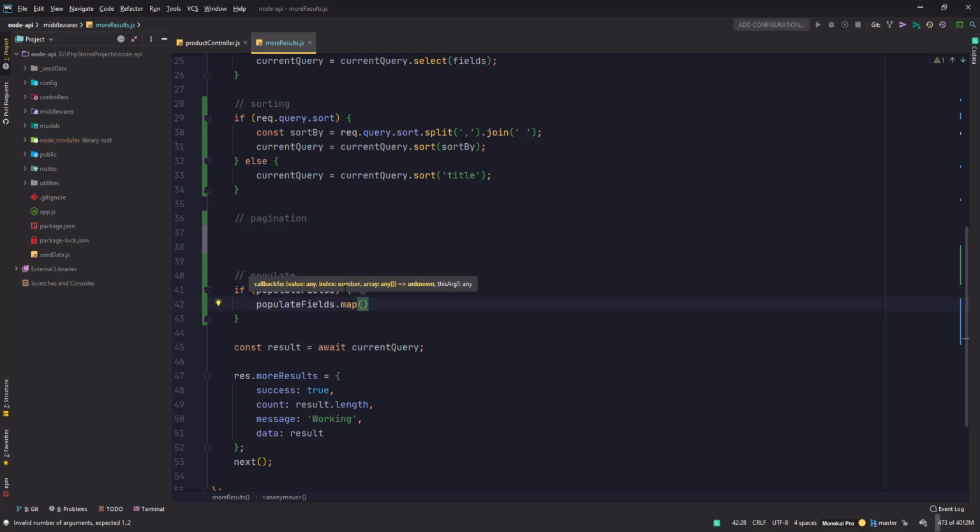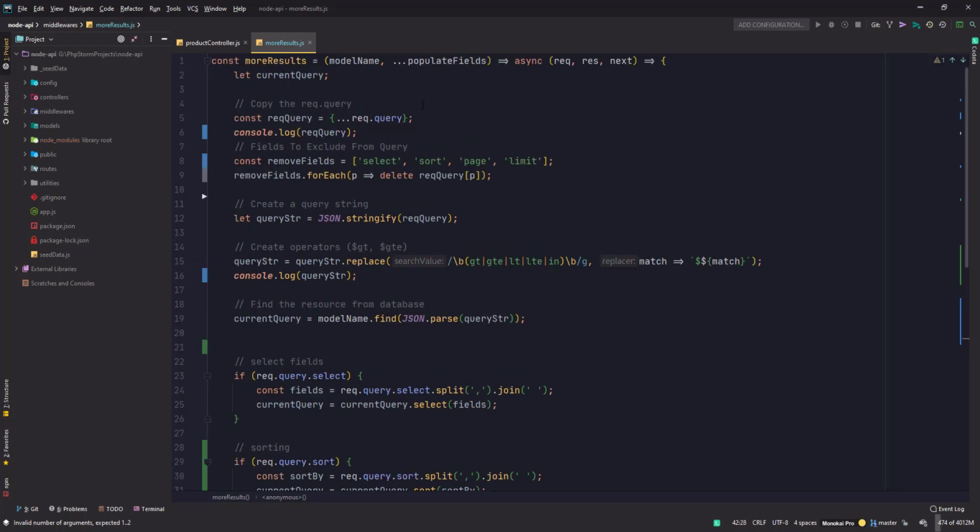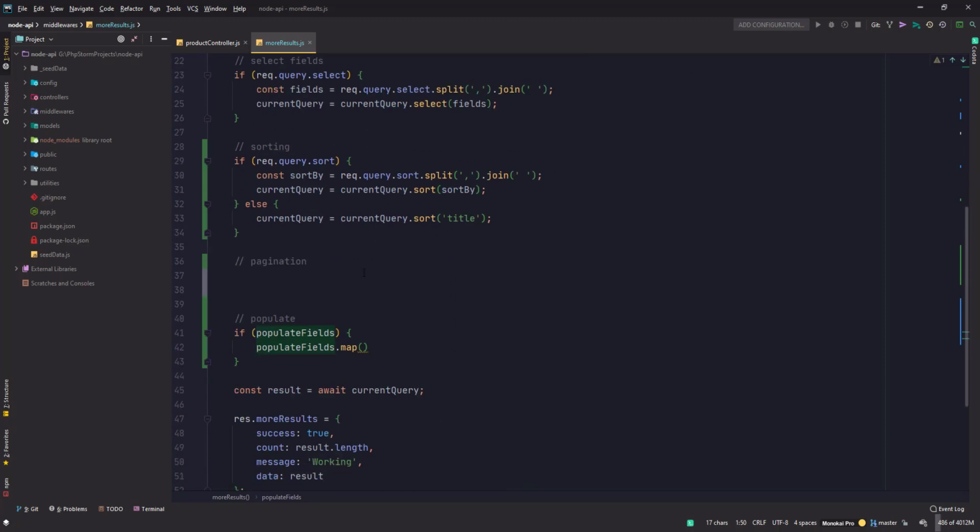This is the regular JavaScript map operator that you can use on arrays, and since we are using the spread operator here, the output will be an array. Okay, so I can loop through it, and for every populate entry, I want to set the current query equal to current query dot populate with the letter P. Okay, so now